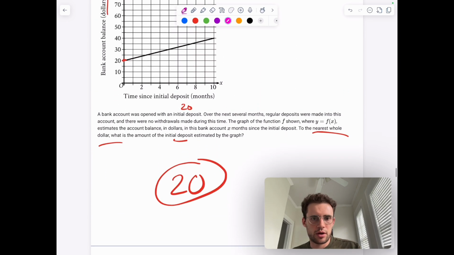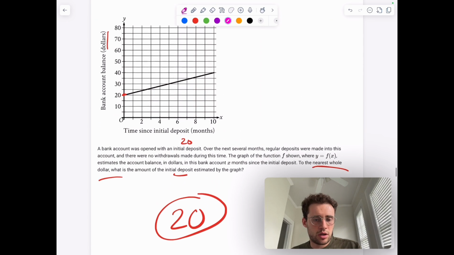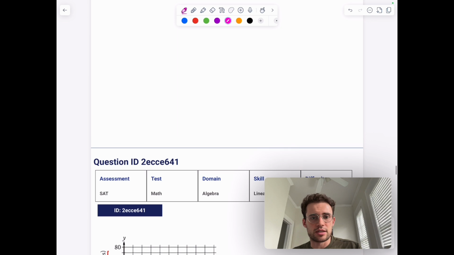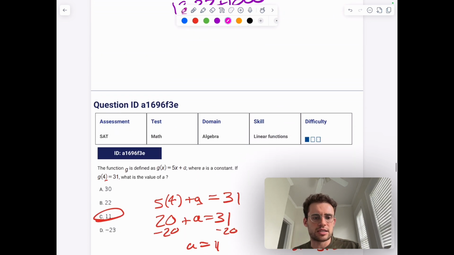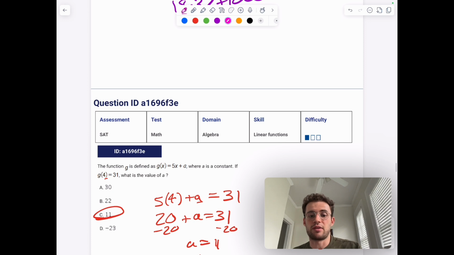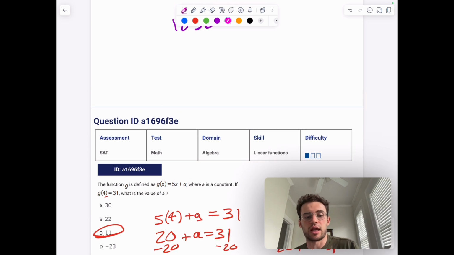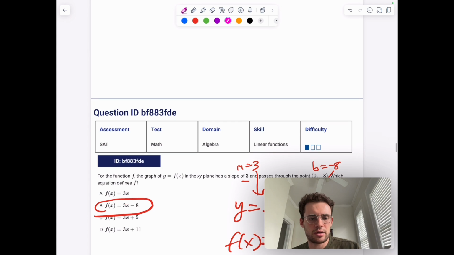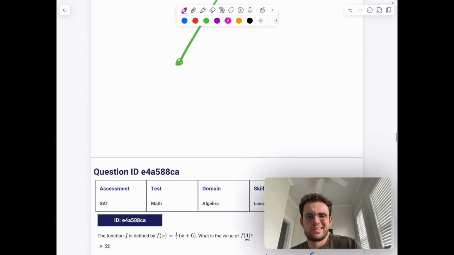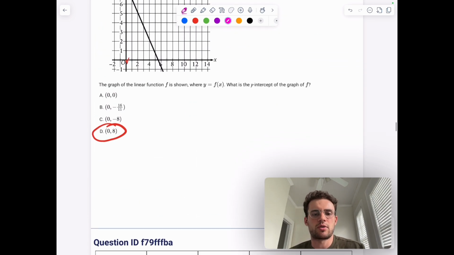When they gave you the input, okay, interpreting a graph in context, that's not too different. Making sure you know what the x-intercept and the y-intercept mean. Here's another one where they gave you a constant. You could solve for it by just plugging in the 4, plugging in the 31. And that's essentially it. I'm not remembering any other particular problems, but just make sure you're really comfortable with this